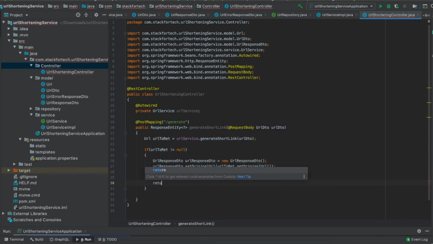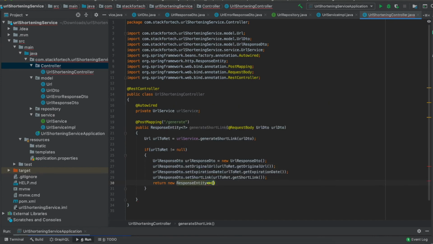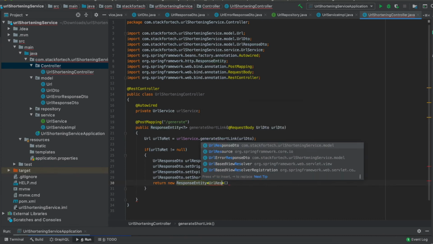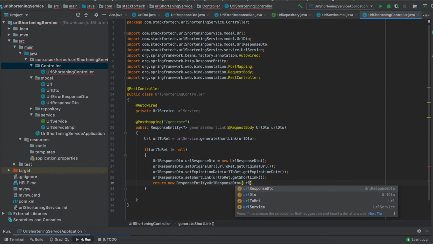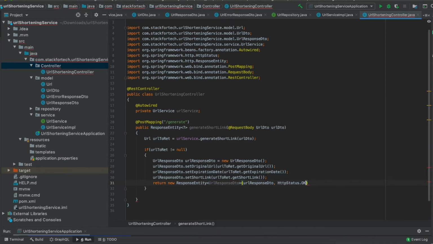Now we will return new ResponseEntity, and this will be of URLResponseDto type. We will be passing the URLResponseDto comma HTTP status.